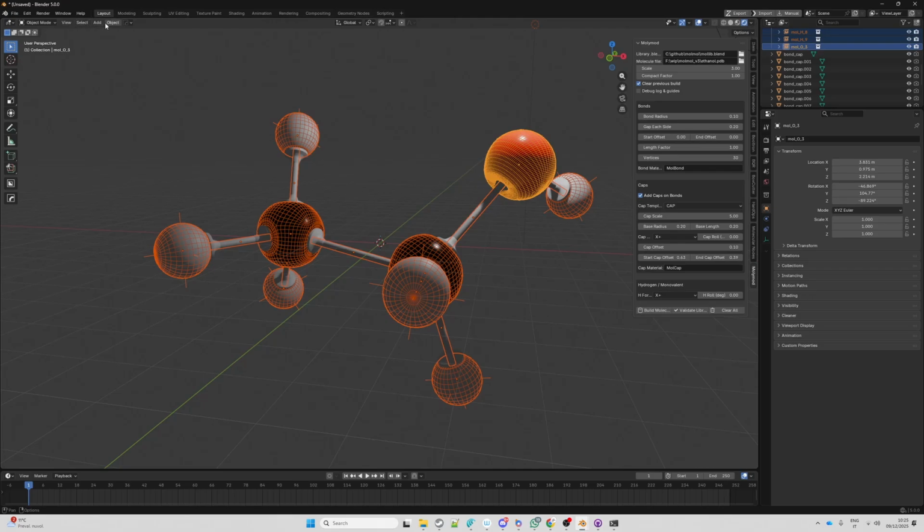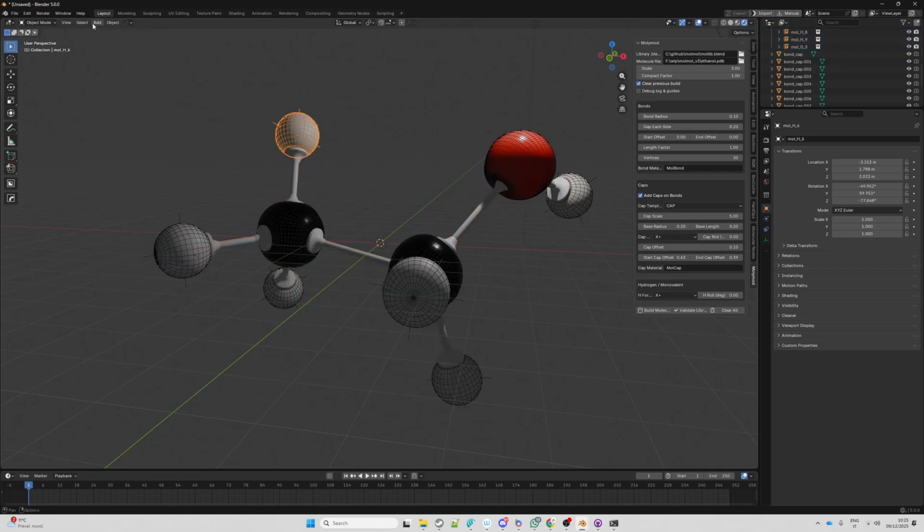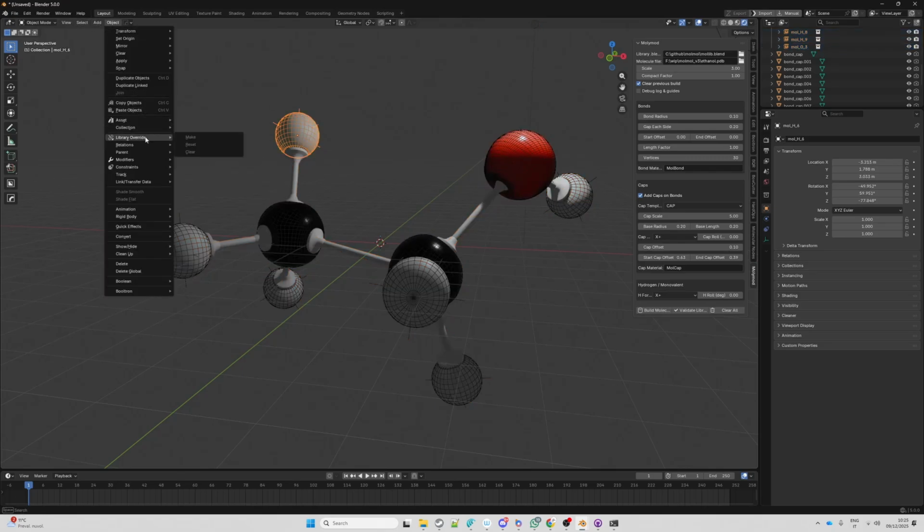So you go to your object and then go to apply, and okay, all assets collection here. Okay, relationship library override. If you choose also, some of them are directly in a library, so you need to make them real, but